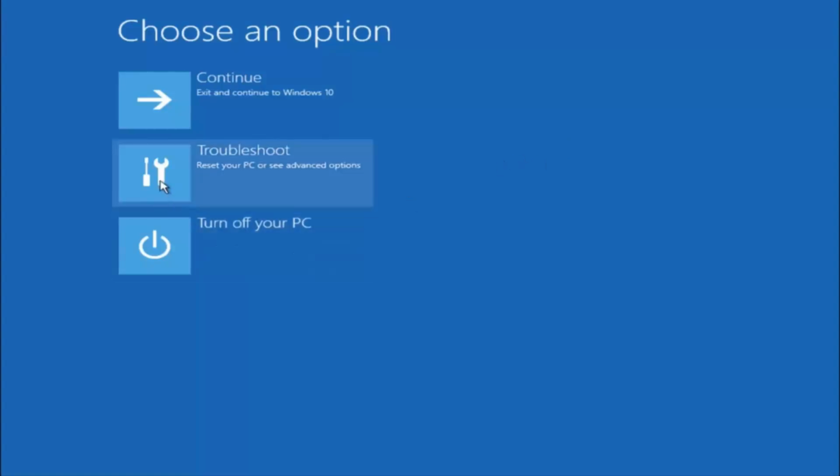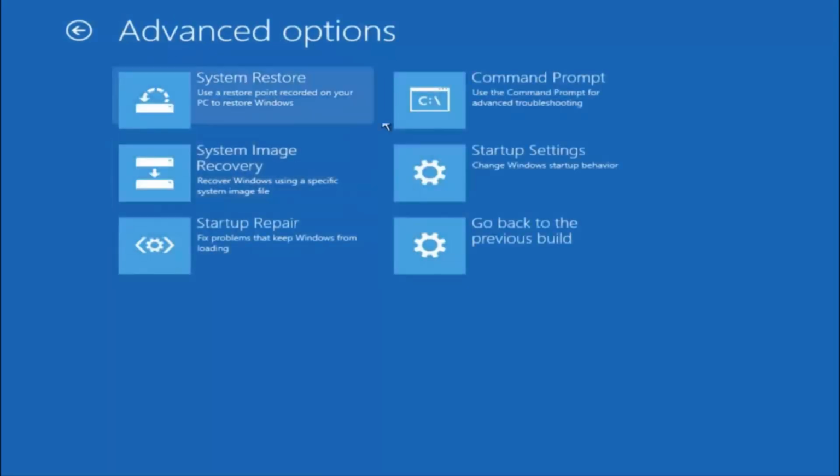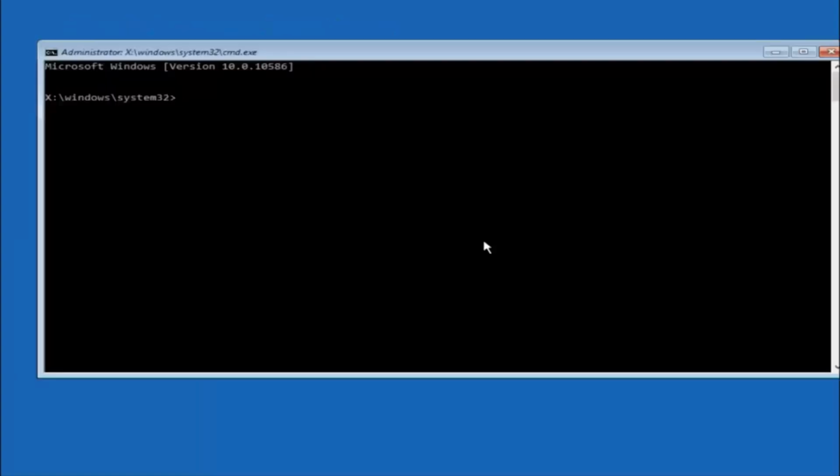Select troubleshoot underneath choose an option. Select advanced options. The top right tile should say command prompt, so you want to left click on that. Okay, so the first thing we should do is type our main hard drive here. In most cases it should be the C drive, so you just do C colon